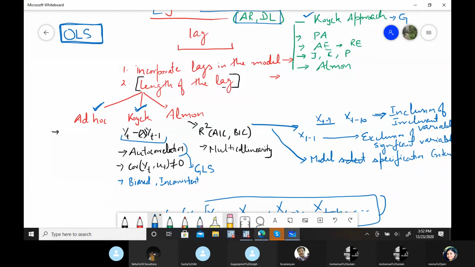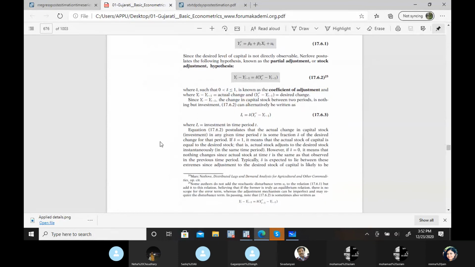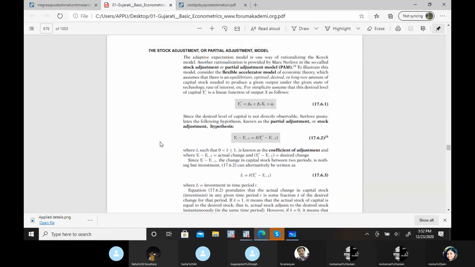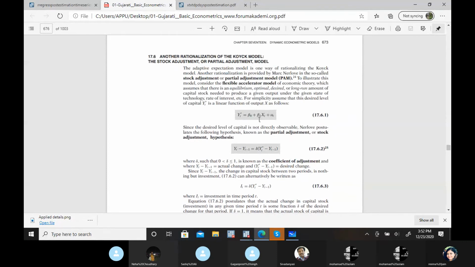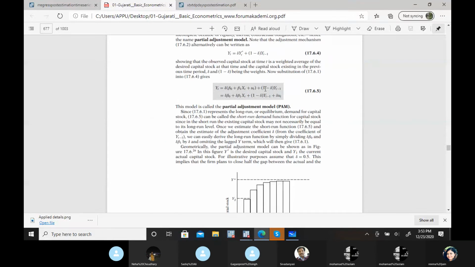Which one, Neha? 17.1 and 17.65, because in this particular one we are only taking a short run impact, but in this equation we now have all the past impact with this variable, so we are considering not only the current impact but the past impact as well.